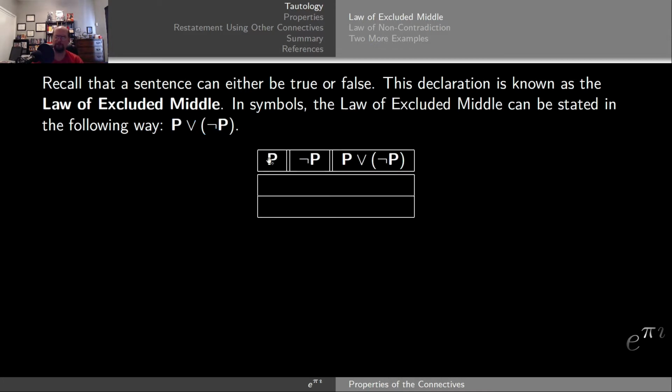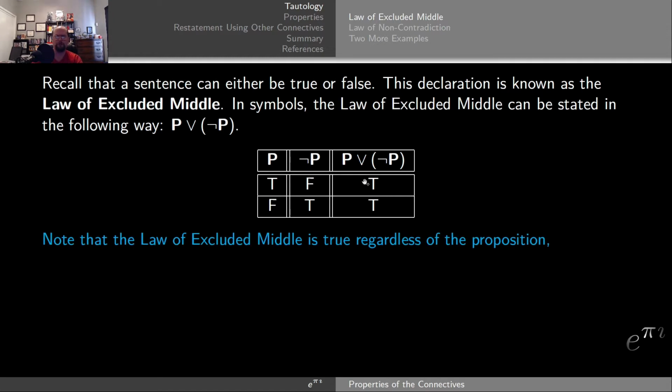Now, let's look at the truth table for this particular expression. You have P, negation P, and then the disjunction of the two of them. If P is true, the negation of P will be false. And if you take true disjunction with false, you get true. On the other hand, if P is false, negation of P would be true, and false disjunction with true will give you true. Now notice, that final column, the actual expression of the law of excluded middle, is true regardless